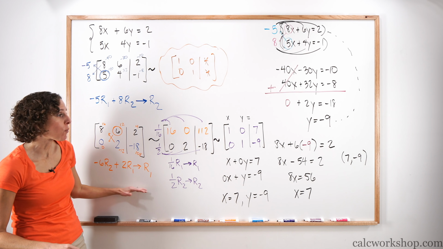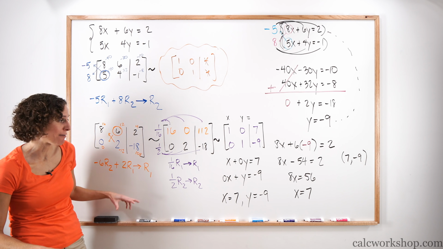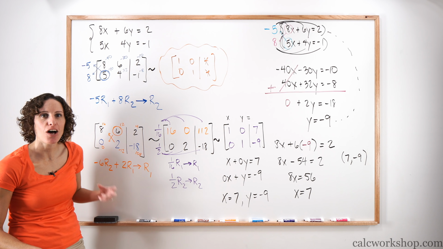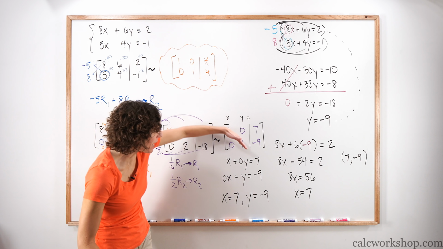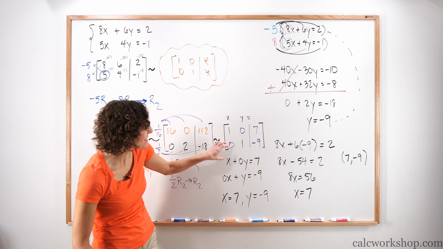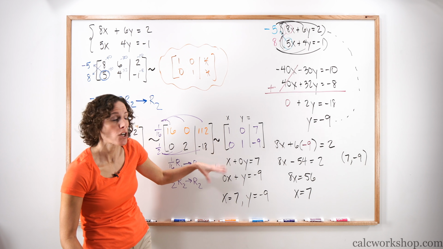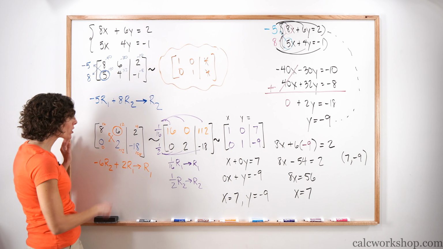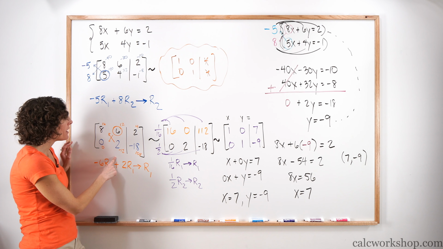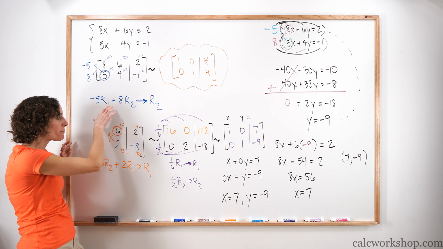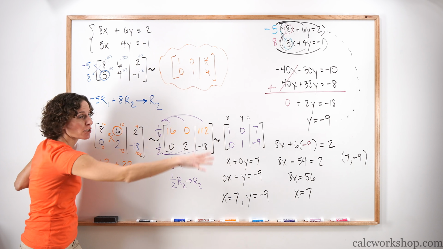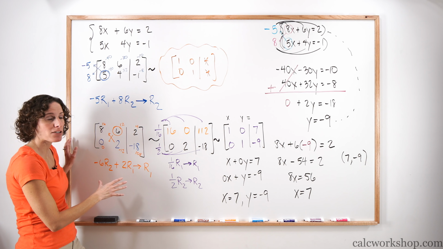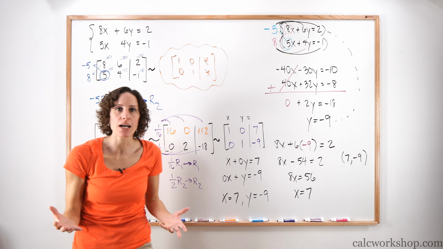Now, what did we perform? We performed RREF, reduced row echelon form, Gauss-Jordan elimination, because we got ones down the main diagonal, our pivots, zeros everywhere else. Did we have to? No, we could have actually stopped right here, and we could have actually done back substitution like we did on the previous question where we saw for linear combinations, and we would have gotten the same answer. But we're just walking ourselves through techniques.